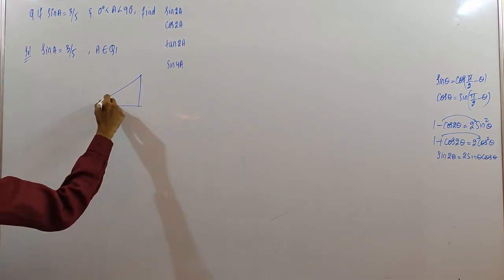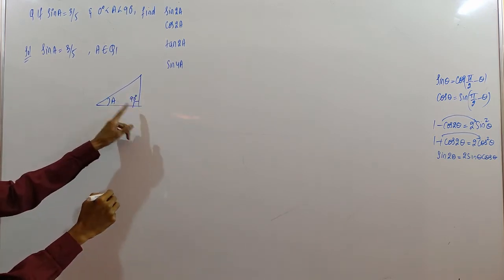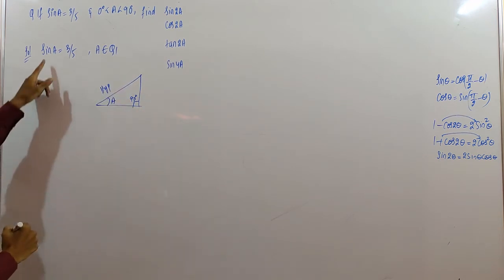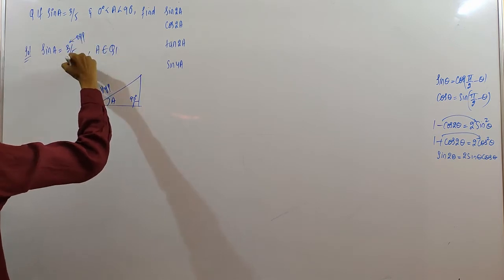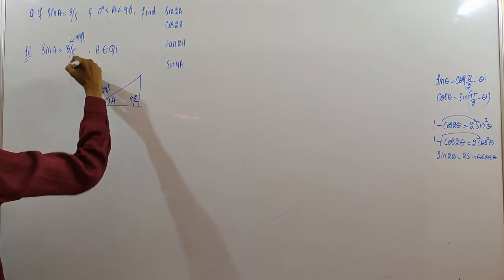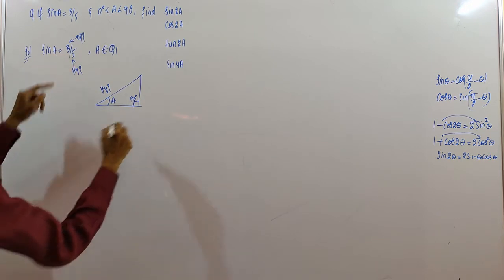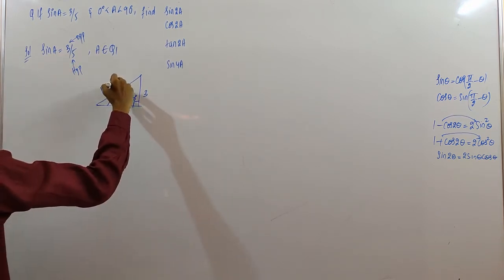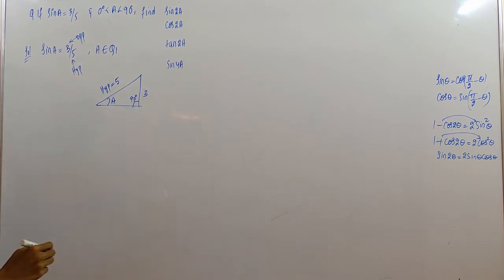Here we have A, so write down A here. Here 90 degree will be there. Opposite to 90 we have hypotenuse. So sin A, sin is opposite by hypotenuse. So opposite value is 3. Opposite to A is 3, so write down 3 here. And adjacent is not required. Hypotenuse value is 5. So we want this adjacent.